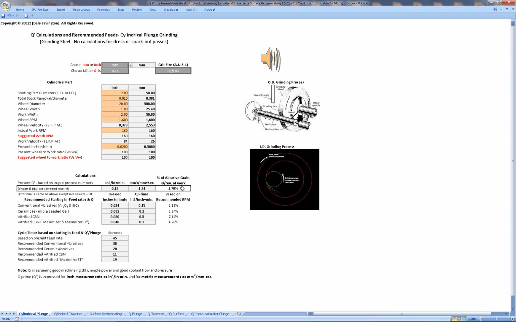To show you how this would work, let's say we would change the 80 to 100 grit to say 230, 270. Now we're at 5%. But if we were to change, say, to the 80,000s, which is suggested under vitrified CBN, as you can see, that would put us over the 15. So I'll go to 80 thou,